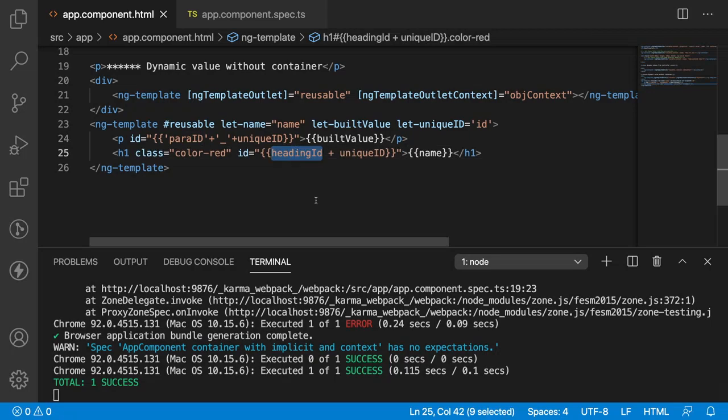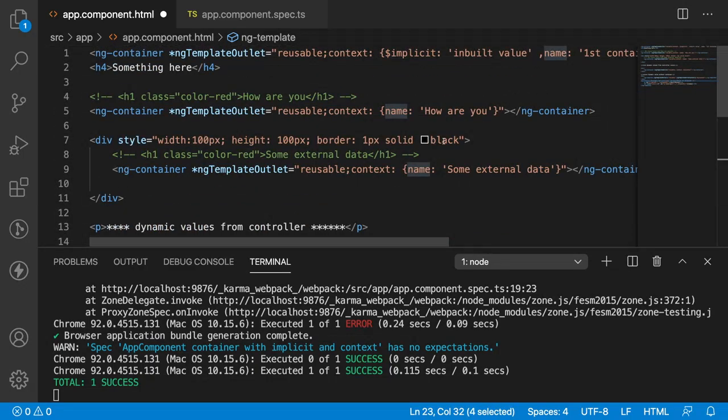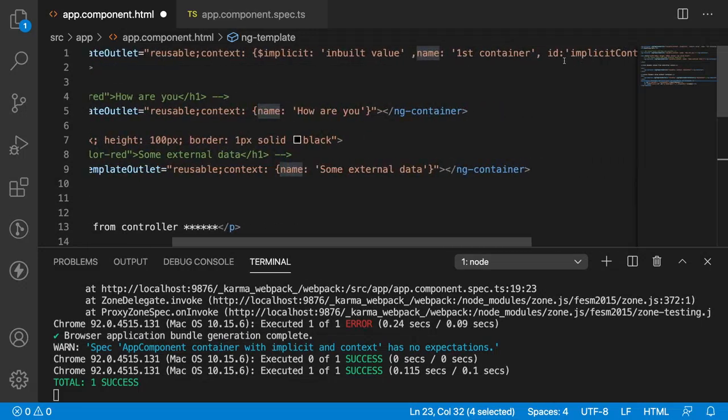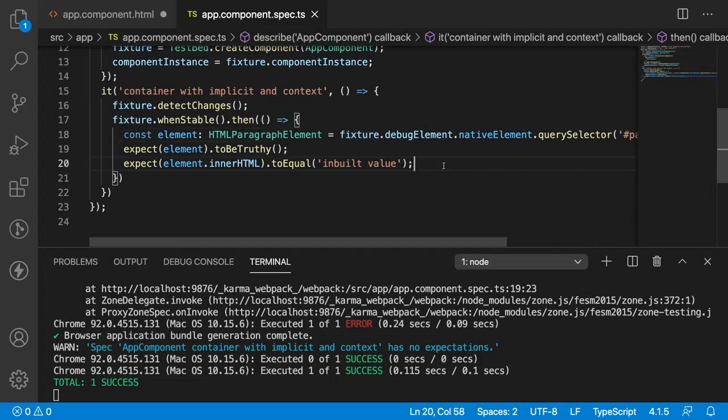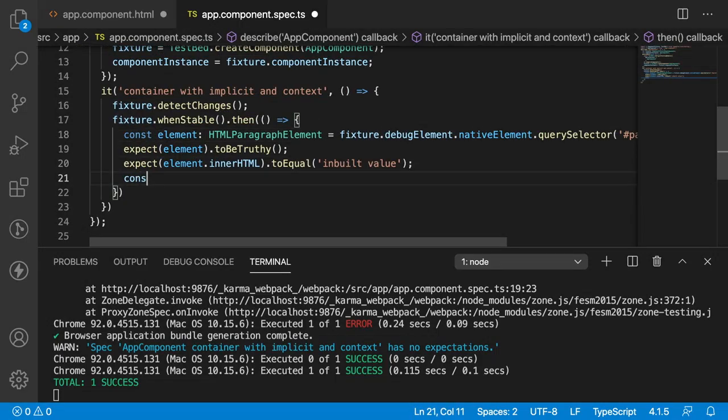Here also the heading ID is a text, and let me separate it with an underscore. So heading ID underscore that unique value. So I can expect this value, whether the heading exists or not. If you see here, the name heading is dependent on the name. What is the name I am passing here? The first container. So let me go to the spec file and let me expect one more element,